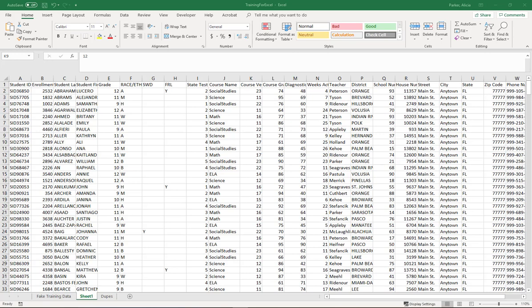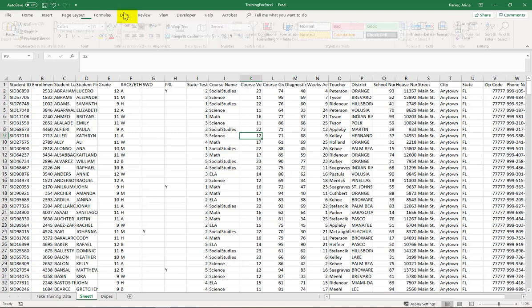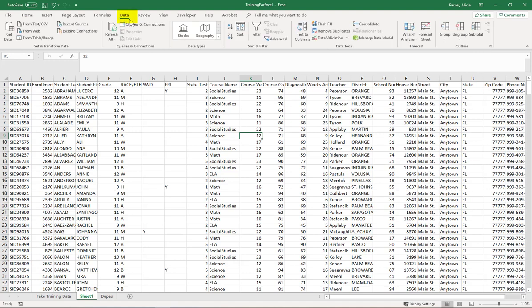Sorting and filtering can actually be accessed in two different places in Excel. If you're on the Home tab and you go to the very far right, there is a section titled Editing, and there is a sort and filter icon there. You can also go to the Data tab and the Sort and Filter section in the middle of the toolbar. It doesn't really matter which place you use, but since we're here on the Data tab, let's use the filter